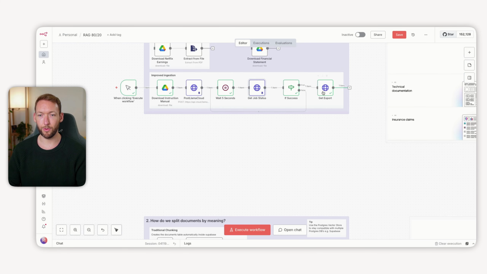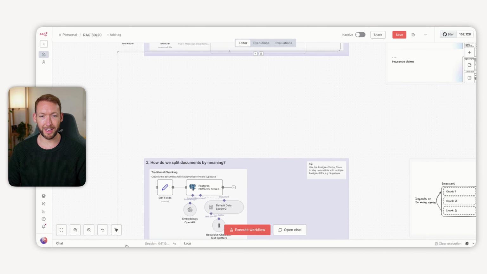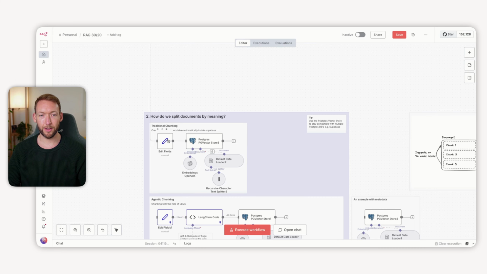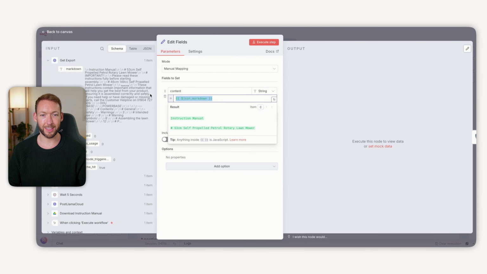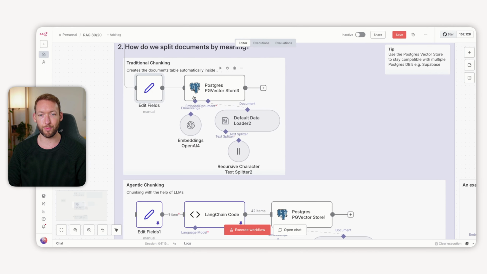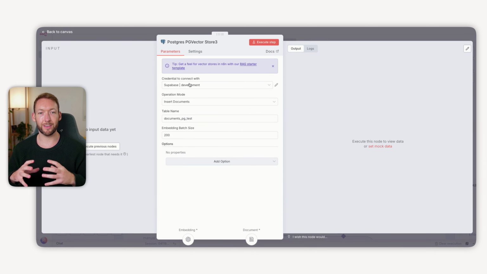So if we pin all this data here and we feed that into our traditional chunking, what we've got is basically we're defining the markdown content that's being fed in, which is our instruction manuals for the lawnmower. And then we are using this Postgres vector store connecting to a Supabase vector database, and we're inserting those documents into a table named